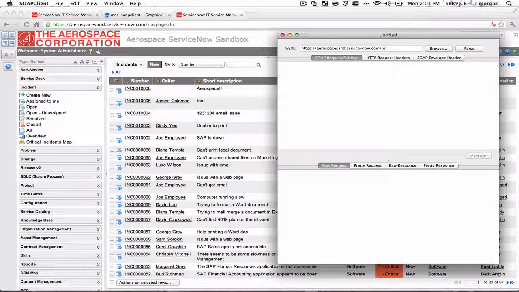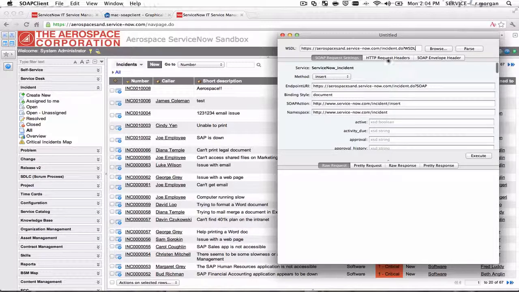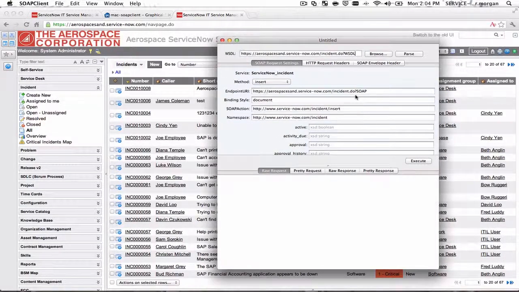And I'm going to put the address to the incident public WSDL, or web services description language, right there. So hopefully you can see that. It is https://aerospace-sand.service-now.com/incident.do?WSDL. And let's just parse that. Good. So I'm going to zoom back out. This has returned